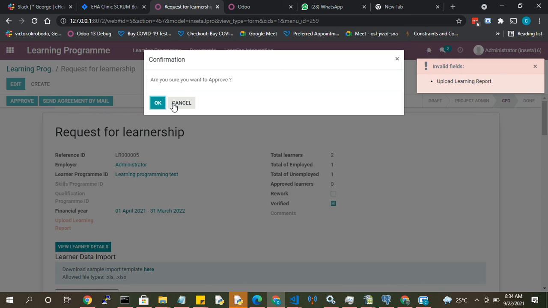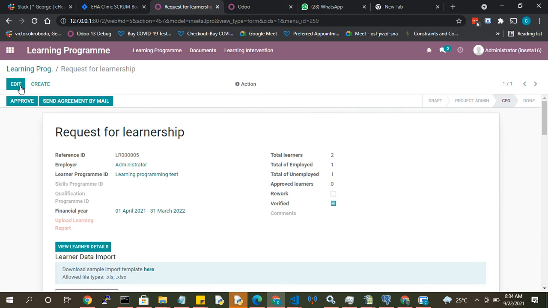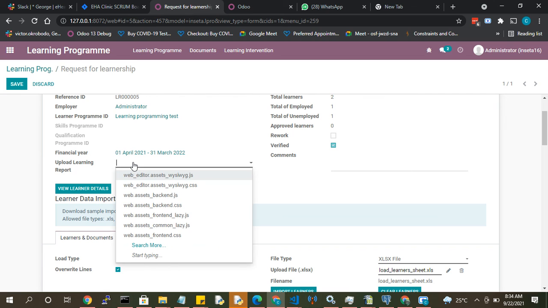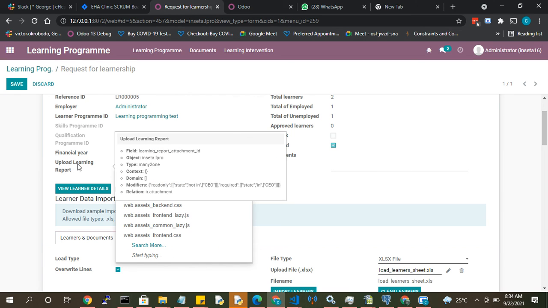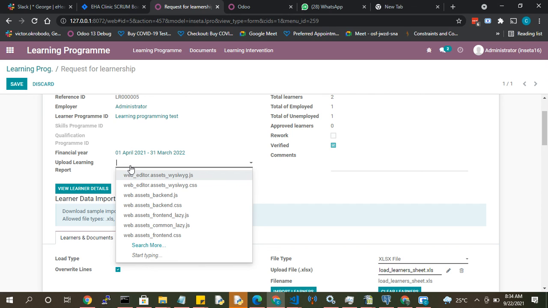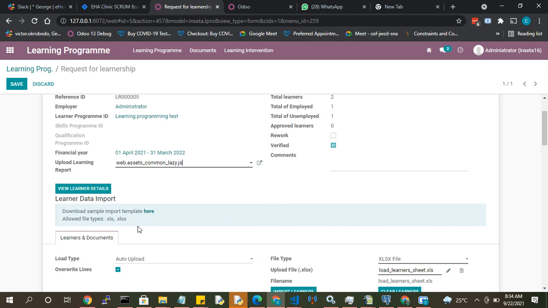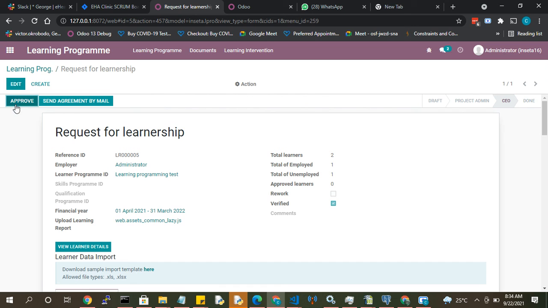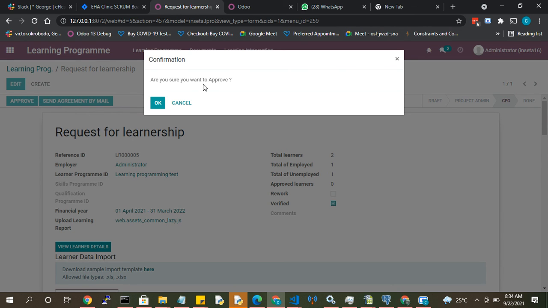So at the final stage, when the CEO wants to approve or sign this funding agreement, the system requires that the employer must have come to the system to upload the learning report. So the employer comes back, so you can see this upload learning report is now read-only and editable for the employer to come directly here and then select the report and boom. So that's it. And then you can also view the report, in case you click on this to view the report and then you approve on this. So approving this,